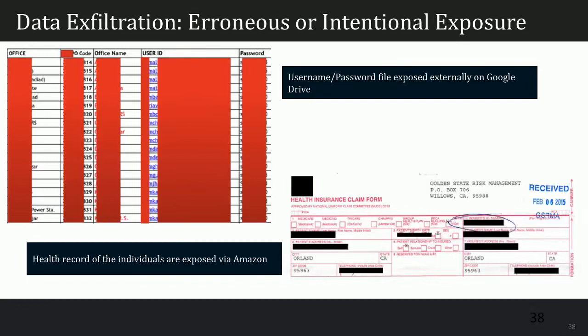If you look at this particular example, it's an international exposure. You can clearly see we get access to a couple of Excel files and all that, which already have usernames and passwords in them. And the interesting scenario is that you have a username and password belonging to one specific organization somewhere, and you are able to access their Gmail accounts because those did not have SSL in place at that point in time.